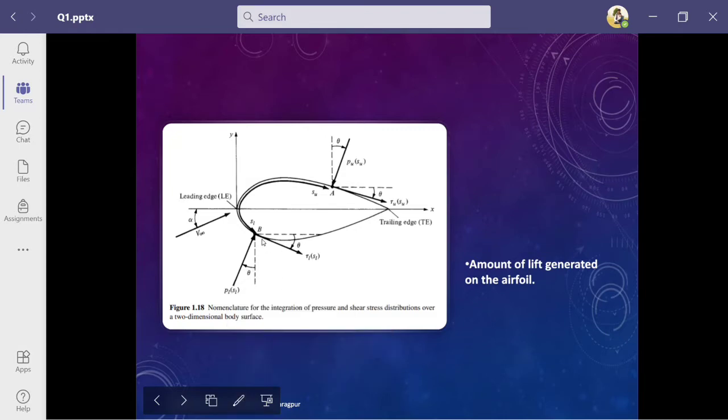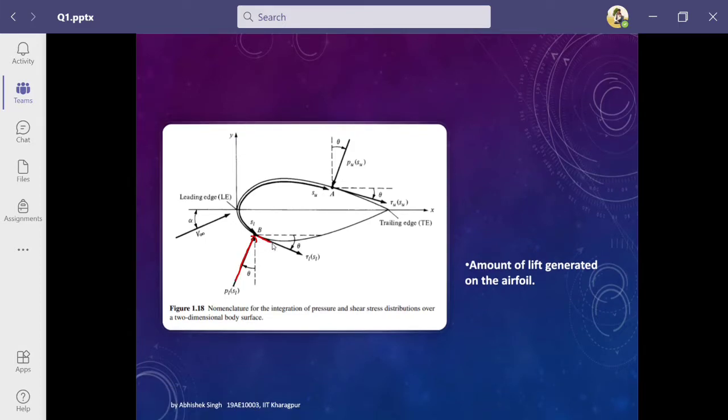And when we look at the direction of the shear stress, just at the point B, we can see that the pressure is acting normal to the surface, and the shear stress is acting tangential to the surface. So the net contribution is coming out to be in this direction for shear stresses, basically in the drag direction, and this direction for the pressure distribution, because here on the top side we have a relatively low pressure, and here we have a higher pressure, so the net force is coming out to be in the nearly perpendicular, vertical direction, and we get the lift from this pressure distribution.